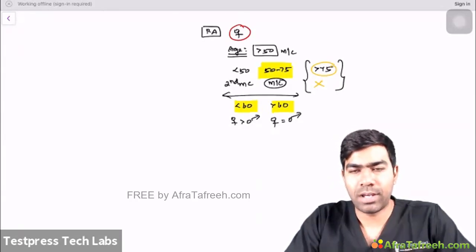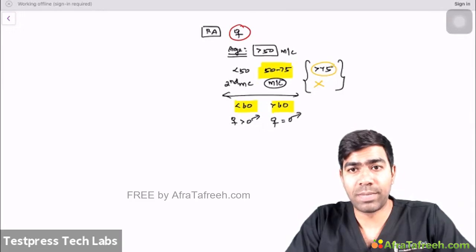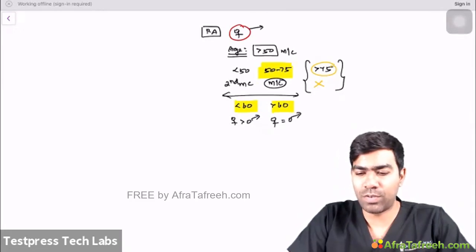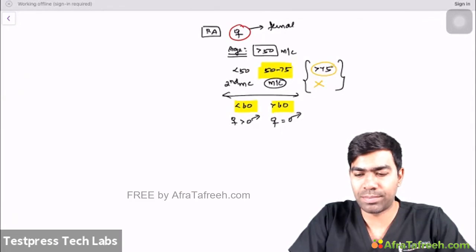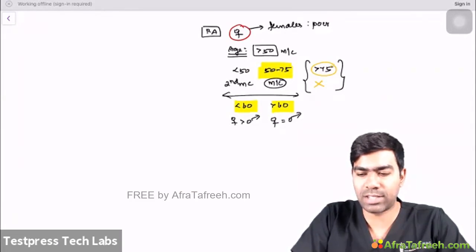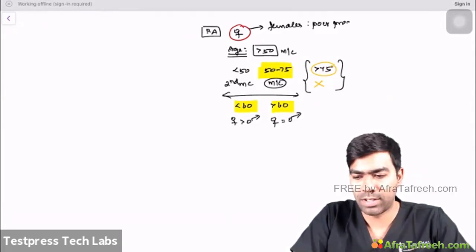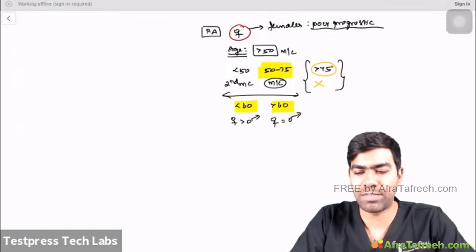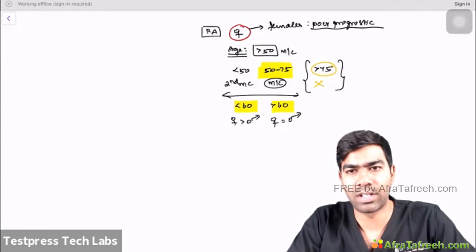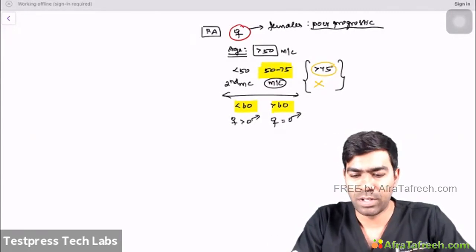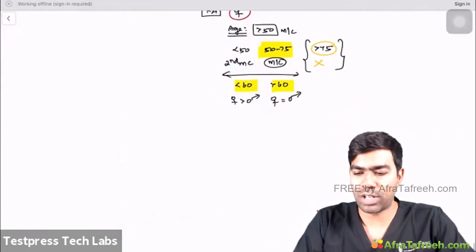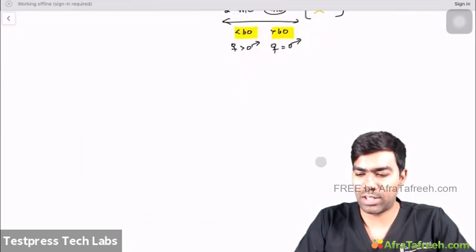Very few are telling females. Many of them are telling males, of course, which always means that females are going to have a poor prognosis. Female sex itself is a poor prognostic factor. It's common in females, but at the same time, female sex itself is a poor prognostic factor as far as rheumatoid arthritis is concerned. So this is a common notion I used to tell, after knowing the age of